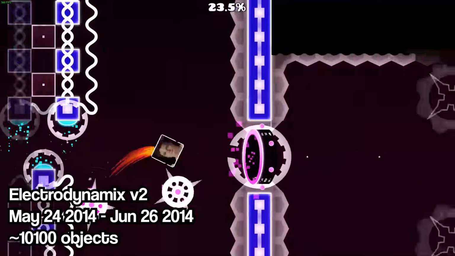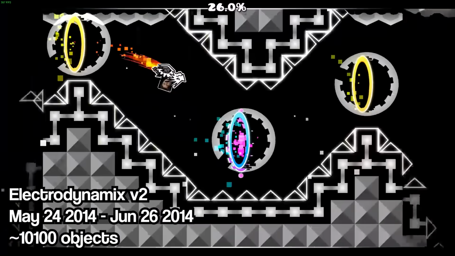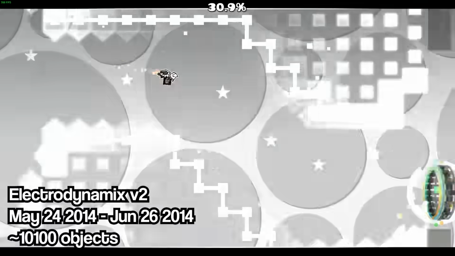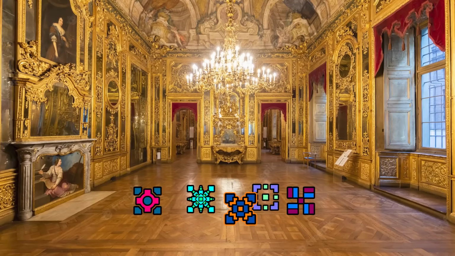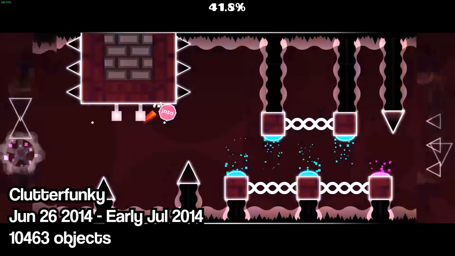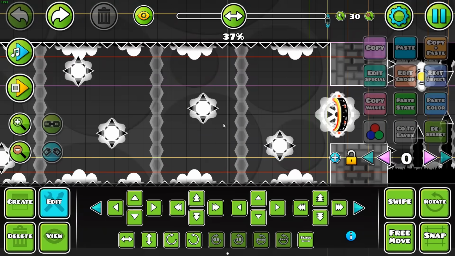Next up, of course, is Electrodynamics V2 by Neptune, which coincidentally also went like 100 objects past the limit. Only 1 business month left until we catch on. "Ooh, I got it," said Samsar, and then he proceeded to make Clutterfunky. If you're wondering why it has so many objects, then, well...